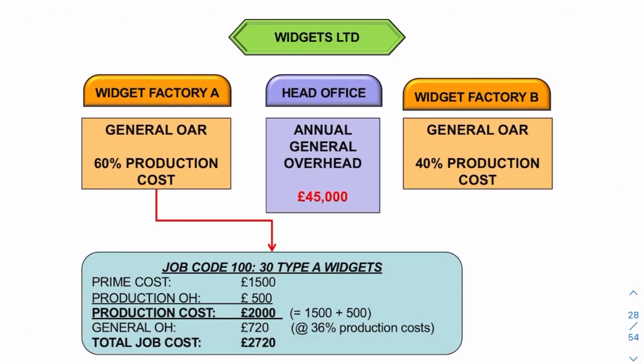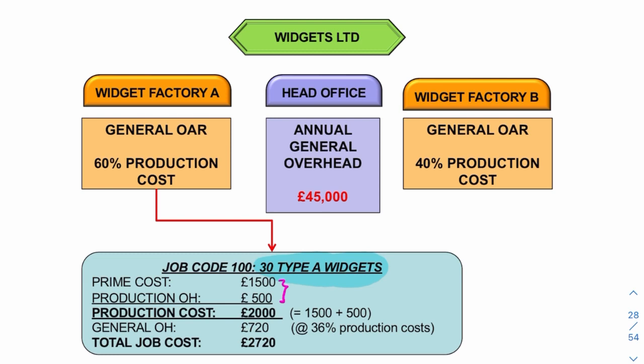Let's take an example. Say we have a job where we're producing 30 of a particular type of widget. The question is, how much will the job cost? Now, remember, the company has two factories and a head office. It's factory A that's producing these widgets. How much has it cost to produce these widgets? Well, it cost £1,500